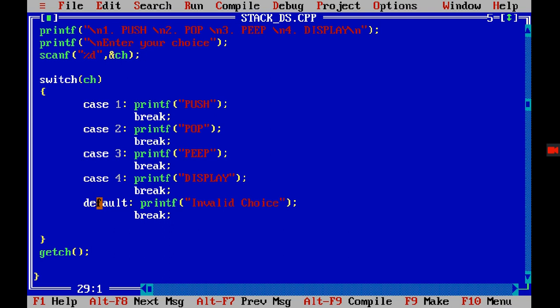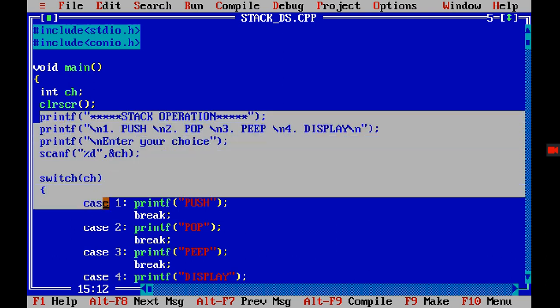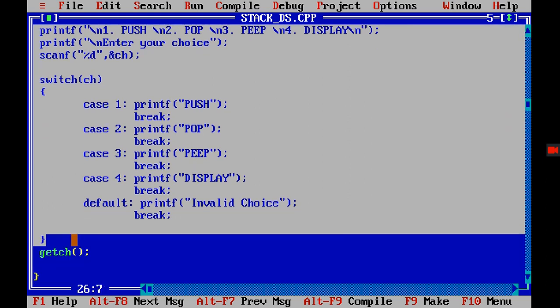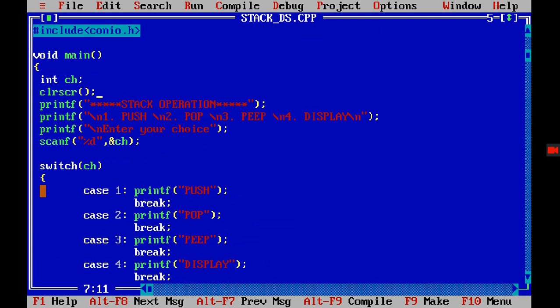Now what I want is that it should be a continuous process until the user tells that he or she wants to quit, right? For that we need to apply a do while loop, because it's a continuous process, but one time it's compulsory. Whatever piece of code I want repeated, beyond that we need to write do. So this much piece of code I need again and again, right? So I need to write do over here.